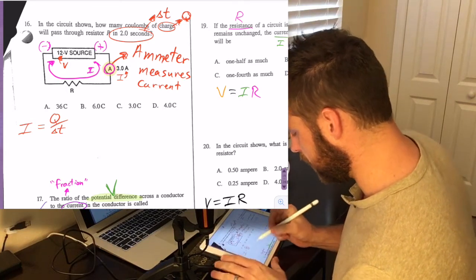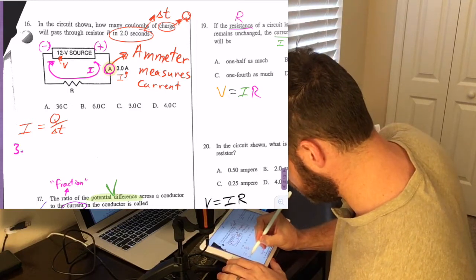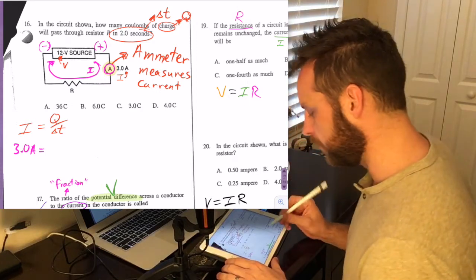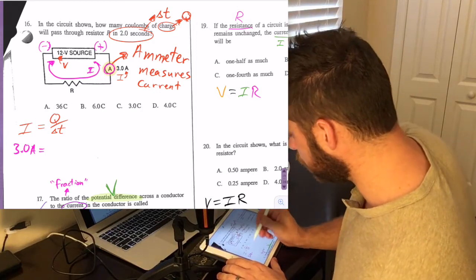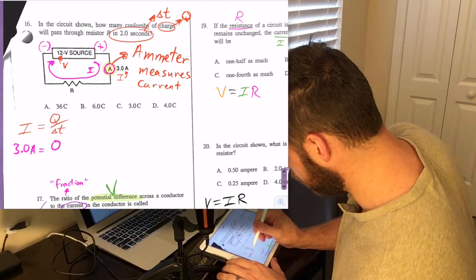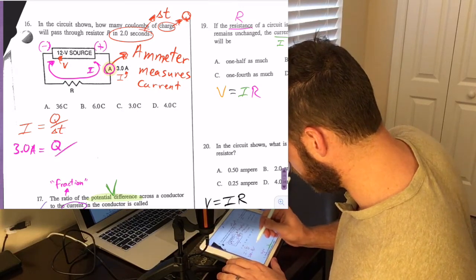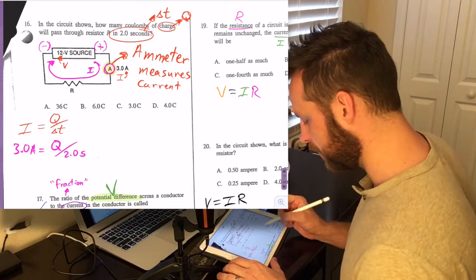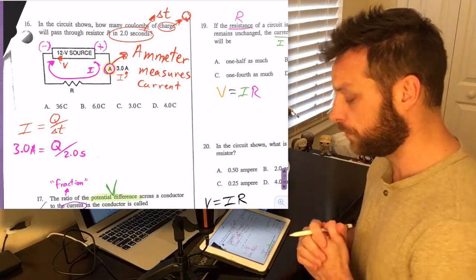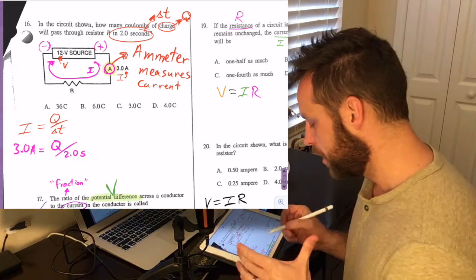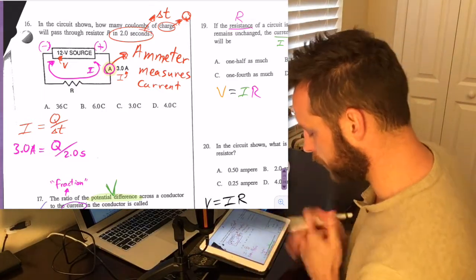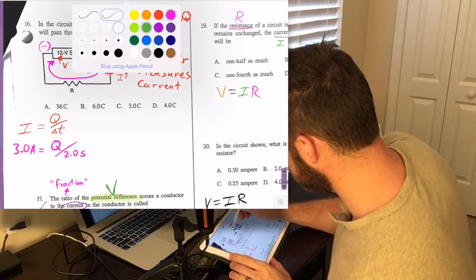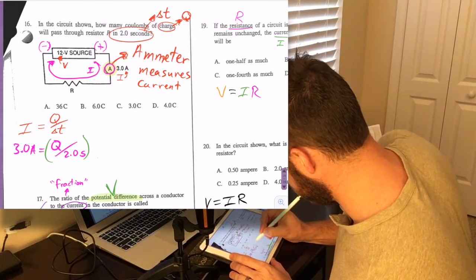I'm going to take the I, which is 3.0 amps, and put that in place of I, substitution, if you use your math words. Charge we're looking for, so I'm going to leave that as a Q. We're going to divide by our change in time, which is 2.0 S, 2.0 seconds. And now we're going to solve for Q as if we were solving for X in math class. If I'm dividing on the right by 2.0 seconds, I multiply both sides by 2.0 seconds,